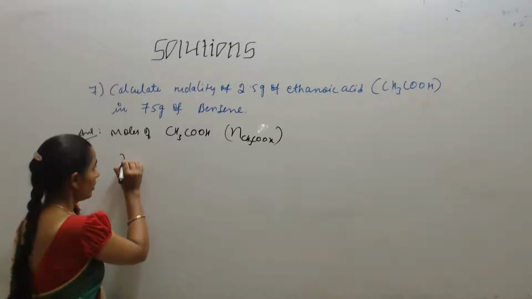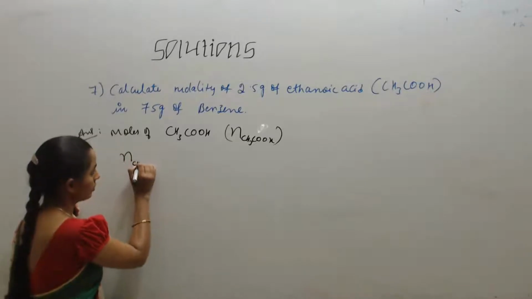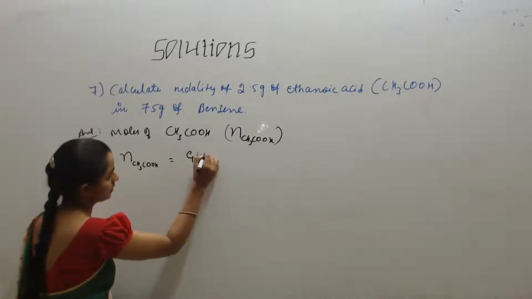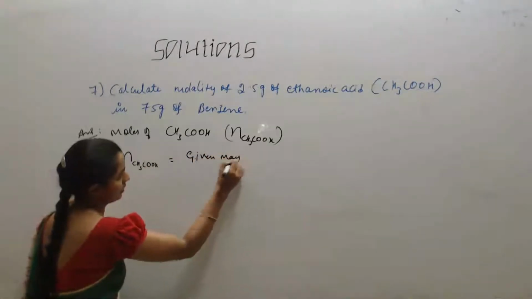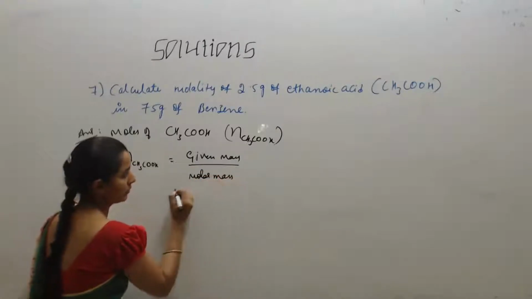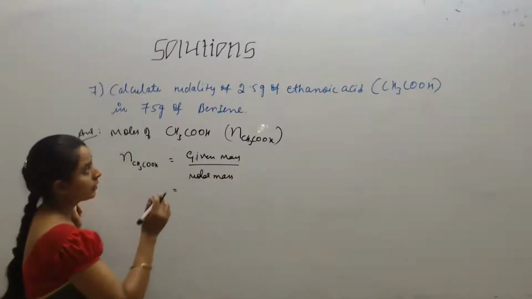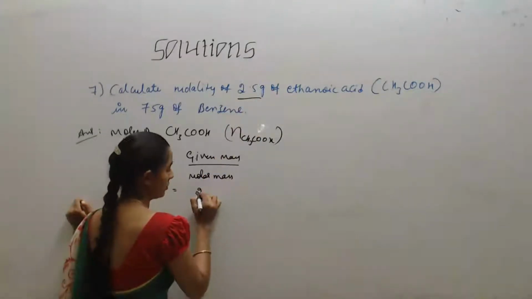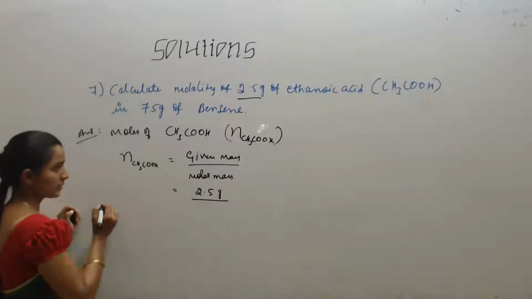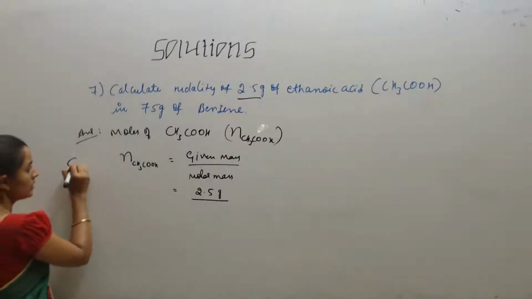Here the number of moles is equal to given mass divided by molar mass. Okay, given mass is 2.5 gram. Molar mass is, so here it is C